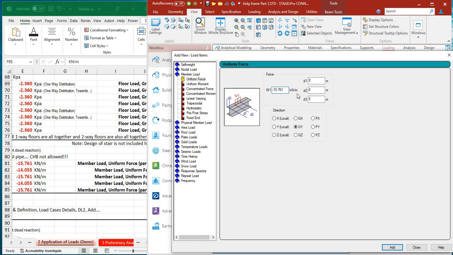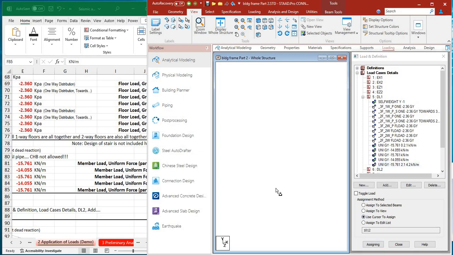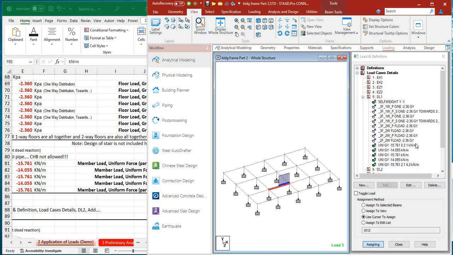This time, ang D1 natin ay magiging 2.1. And then D2 is 4.2. Then add, close, and see what happens. Assign, use cursor to assign, then click. Okay? So yung distance na